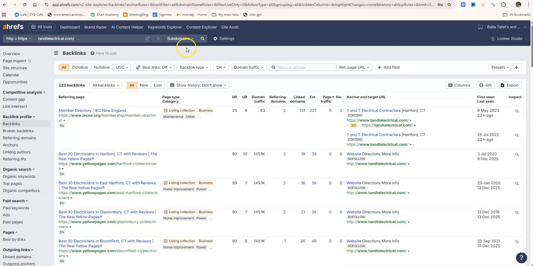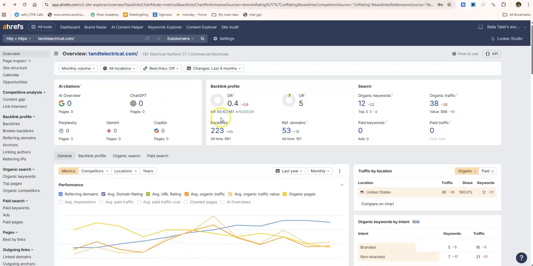But he has 208. The domain rating for his backlinks, meaning the quality of them, is really low. We'd like to see this around 40. He's at less than 1. But he's got 223, so it's good. 53 different domains referring back to his site. And he's only got 12 keywords on his entire site. So if that were up around maybe 60 to 80, he'd probably have 120 clicks per month, maybe more. So he's getting 40 clicks per month. Right now, you're not getting any.